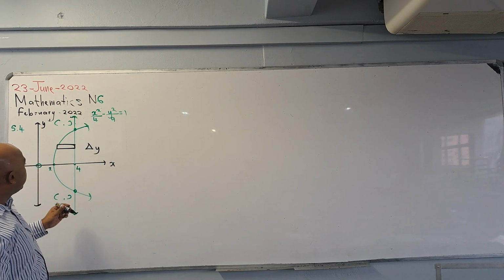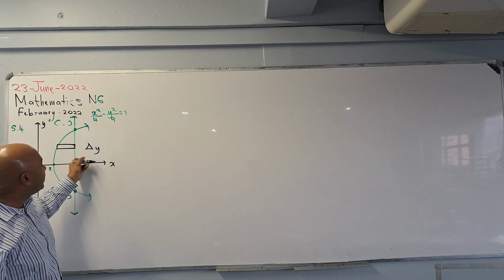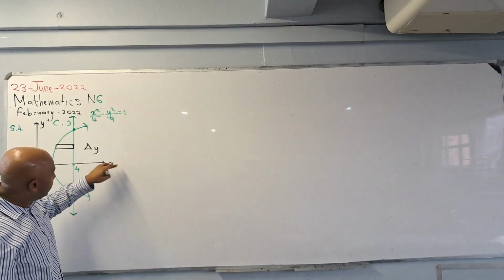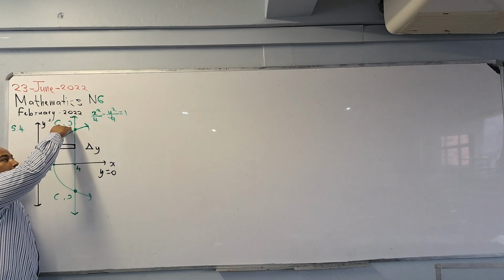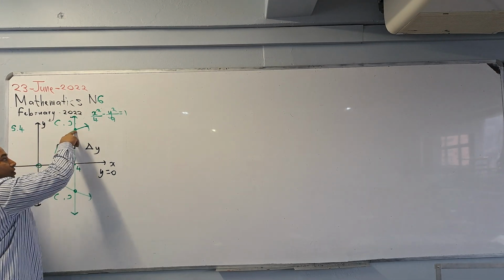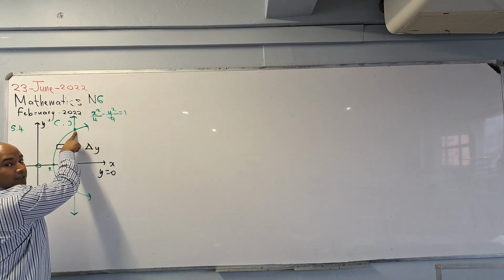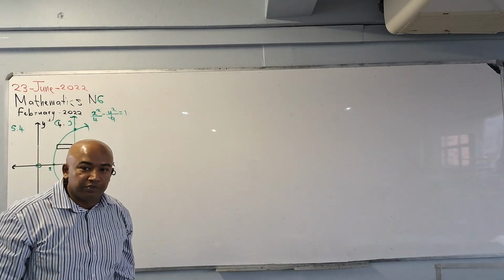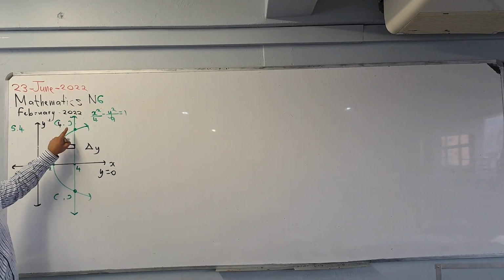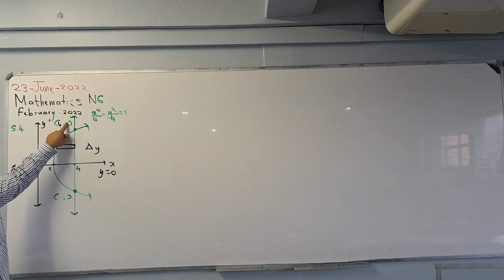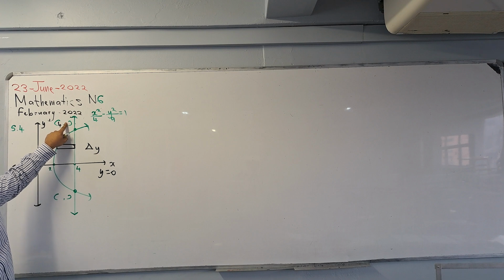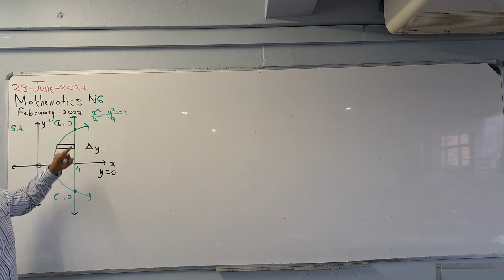So what is that lowest point? What is the y value here? 0. Remember, that's why I said you must always label your axis. X-axis, y is equal to 0. So you know you are integrating from 0 all the way up to this y value here. What do we know about this point? We know that x is equal to 4 because it's a vertical line. x is always equal to 4. So this is a point of intersection. So that means I can find the corresponding y value if I substitute x is equal to 4 into an equation that has both